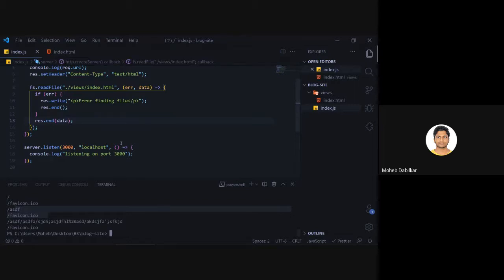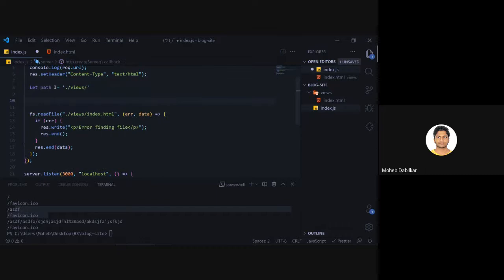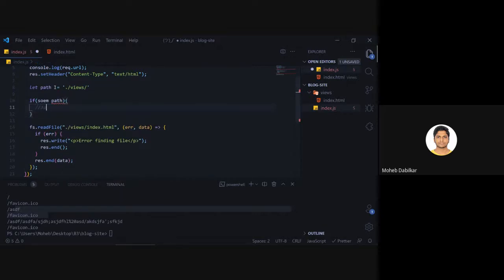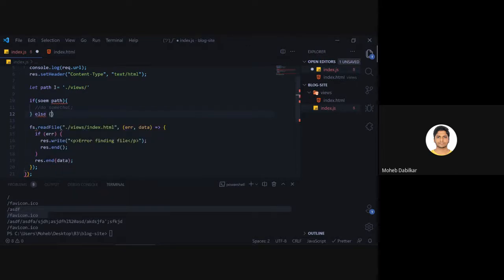So we will keep our read file for now because we need to read it. We will modify the path that is being passed over here. So let's just call it path, equals to dot slash views, and then slash over here itself, and then we can use our if statement, and say if some path, do something, and else do something.